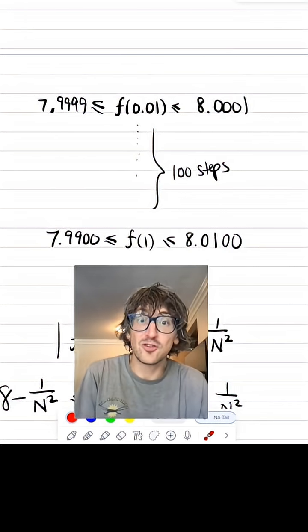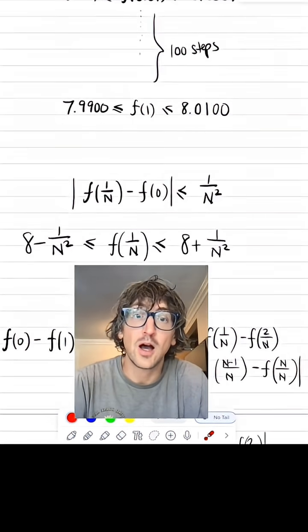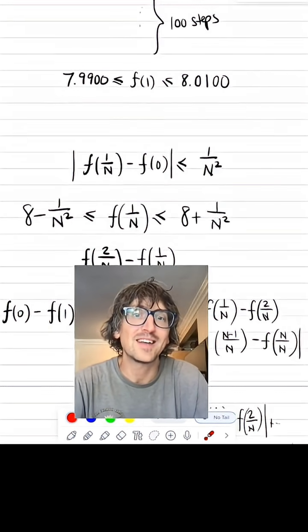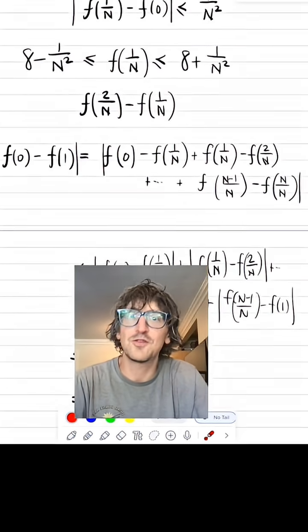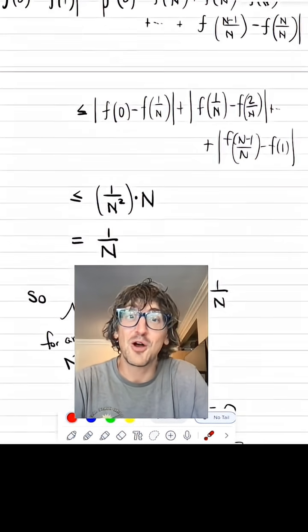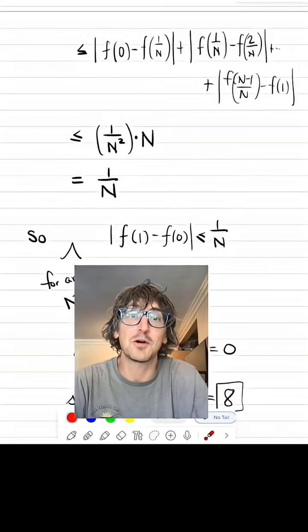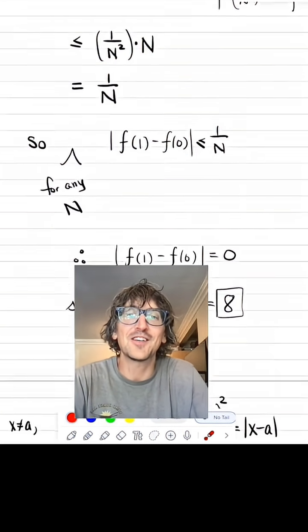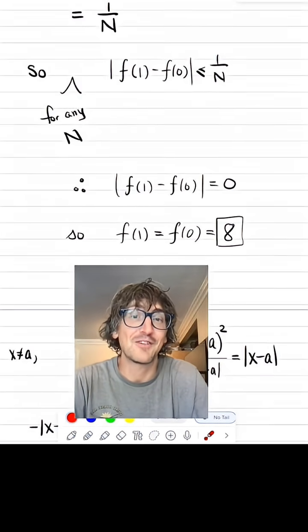If you're a mathematician or a math student, you might want to write out a more formal proof saying that instead of doing 100 steps or 1,000,000 steps, what if we did n steps? And we could write out something like this, working through things using absolute value, using something called the triangle inequality, and we could show that f(0) and f(1) are going to be arbitrarily close, within 1 over any number that we decided. And so at the end of the day, we would be able to show that that number f(1) has to be the same as f(0), which is